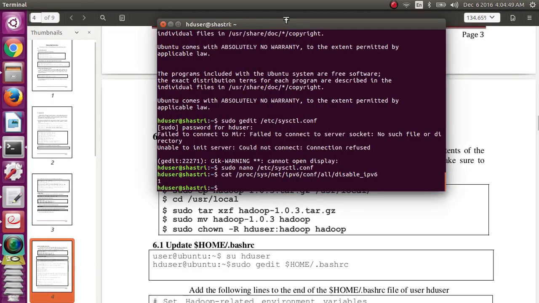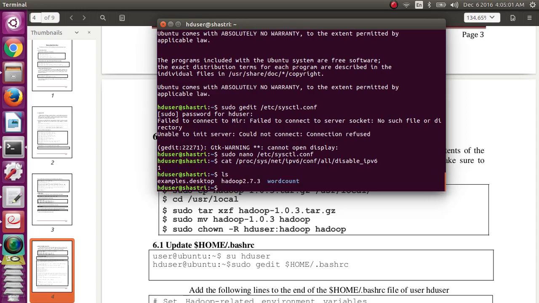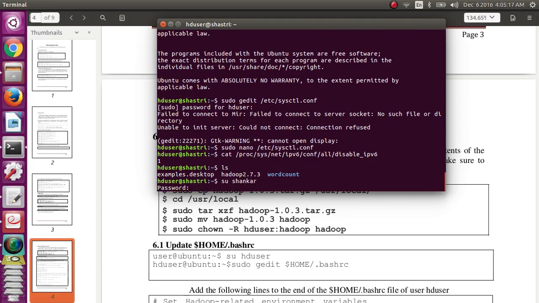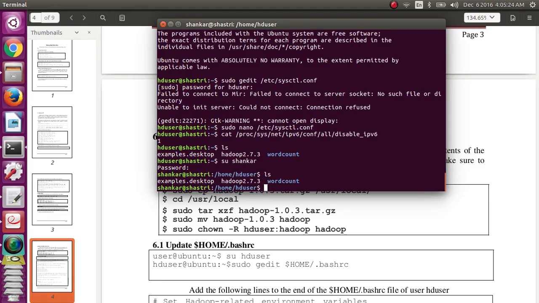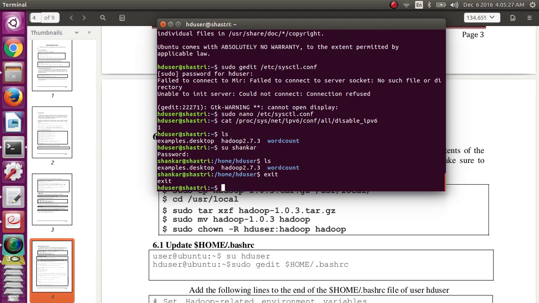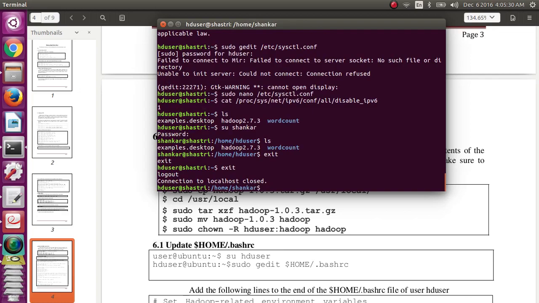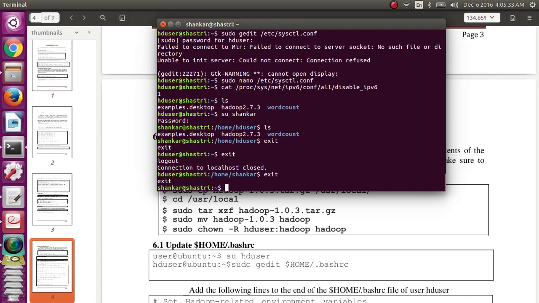Next I'll start with the Hadoop installation. First go to where you downloaded Hadoop 1.0.3. Now check it. Yes.